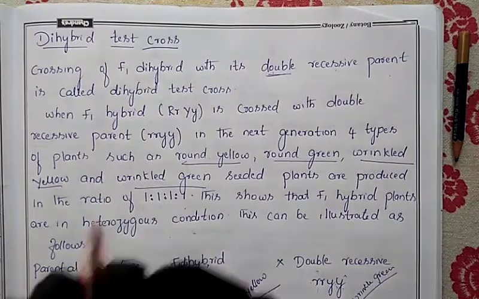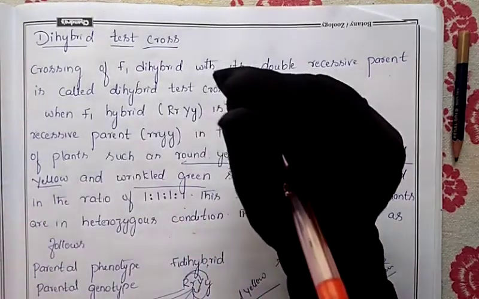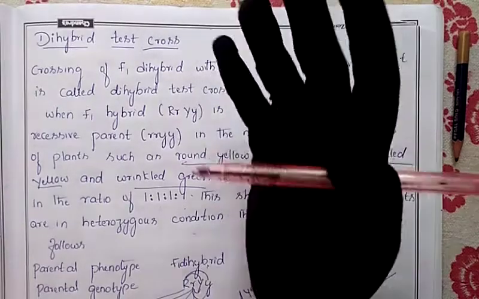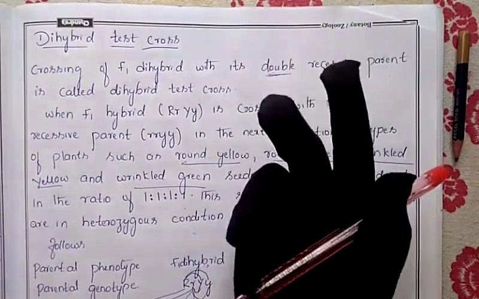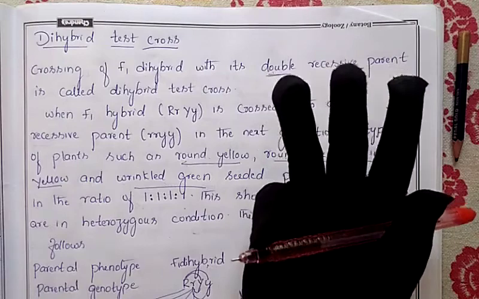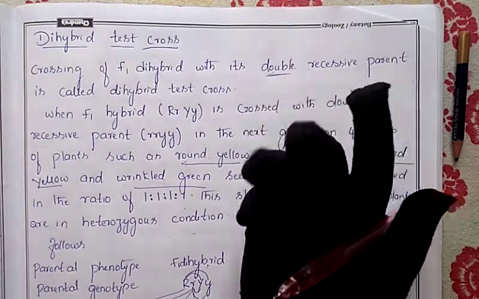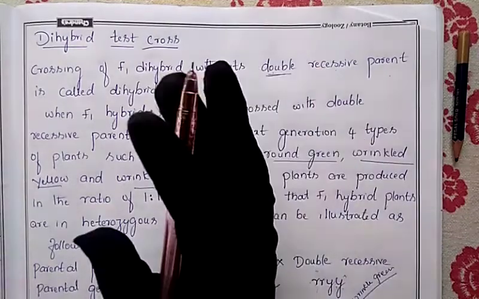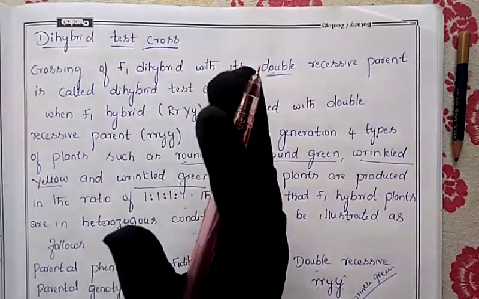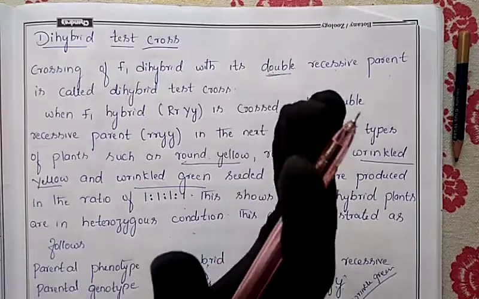Finally he conducted the dihybrid cross and in the F2 generation he got four different patterns. Among those, two patterns were the parents' characters and the other two were new combinations. So new characters have arisen in the offspring. From this he gave the second law, that is Mendel's law.